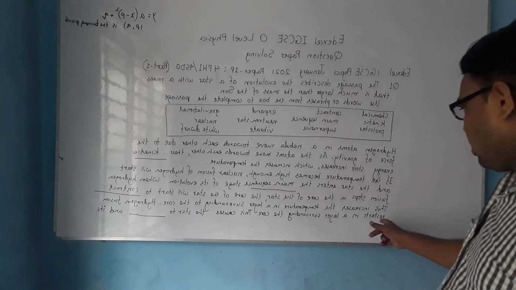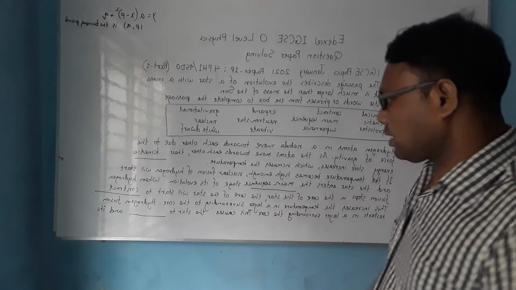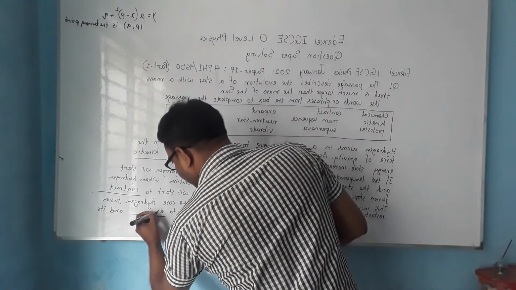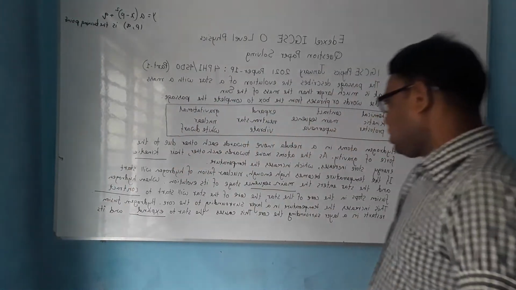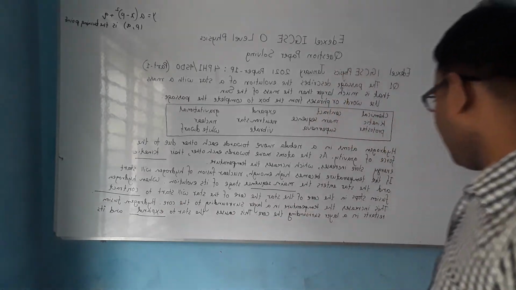This contraction of the core of the star increases the temperature in a layer surrounding the core. Hydrogen fission restarts in a layer surrounding the core. This causes the star to expand. So here will be expand. This causes the star to expand and its